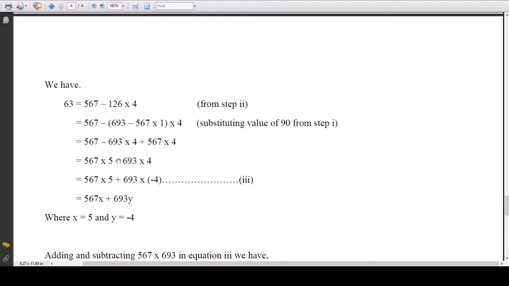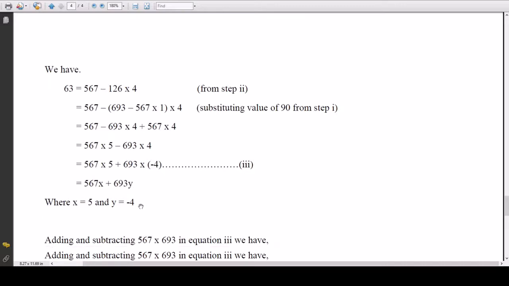Now the next step is that you have to change this minus to plus. Again you carry this minus to make the 4 to minus 4. 567 multiply 5 plus 693 multiply minus 4. Hence you will get 567 multiply x plus 693 multiply y, where x is 5 and y is minus 4. Now 63 is equal to 567x plus 693y. This is the